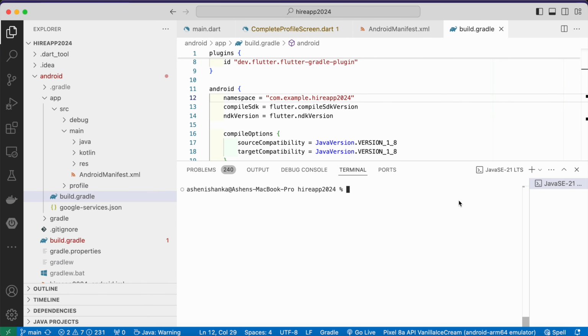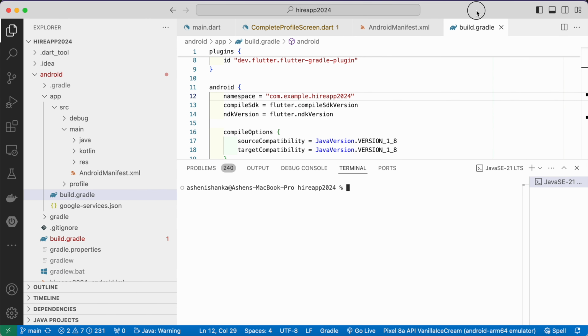Hi guys, in this video I'm going to show you how we can exclude unnecessary files like build files from our GitHub commit. So open your project using VS Code or something, and you can open your terminal here, and what you have to do in the command prompt, you have to type the command